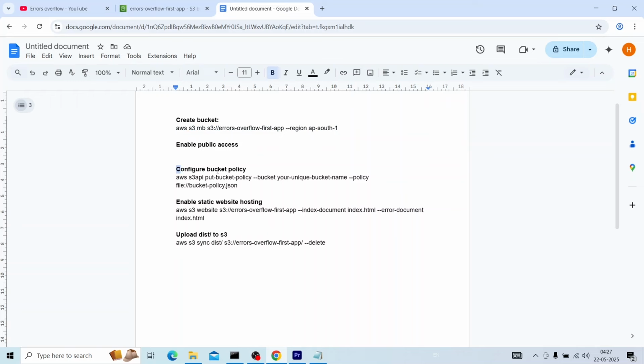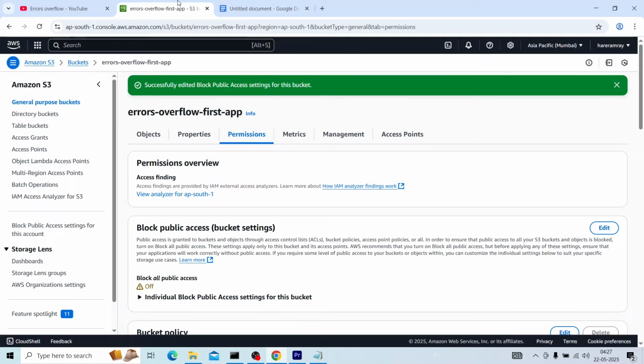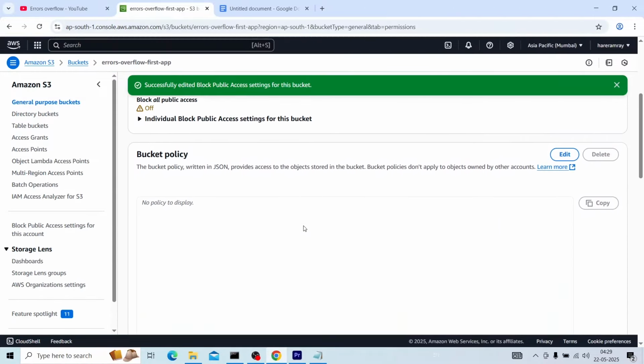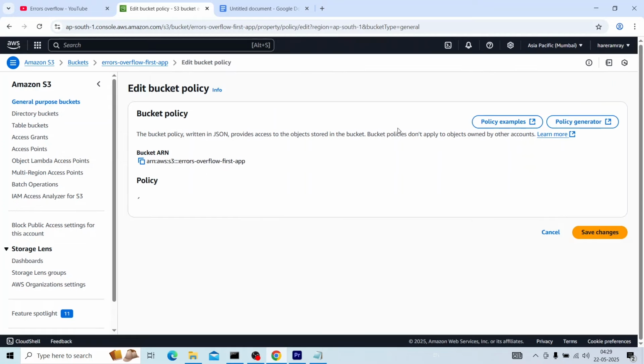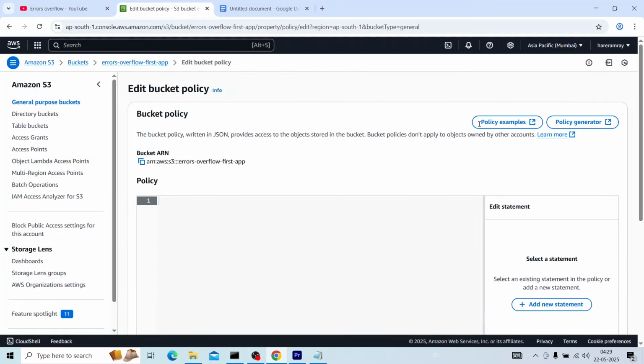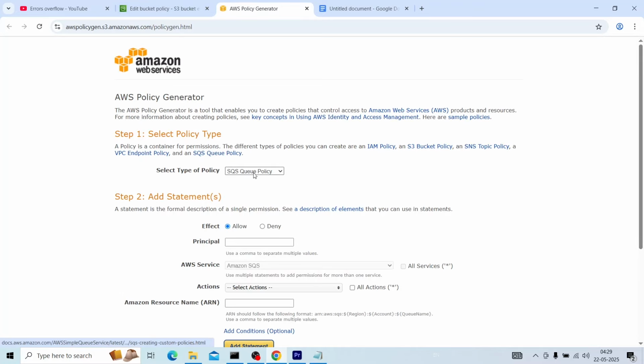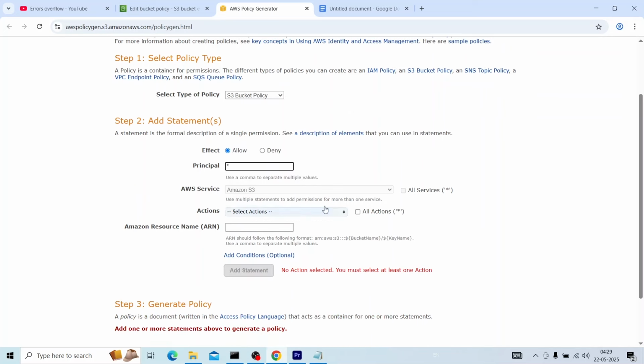Now we will configure the bucket policy. For that we will click on edit and then policy generator. S3 bucket policy, all actions.